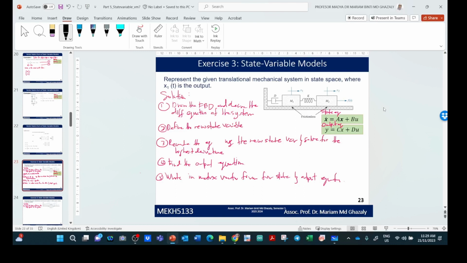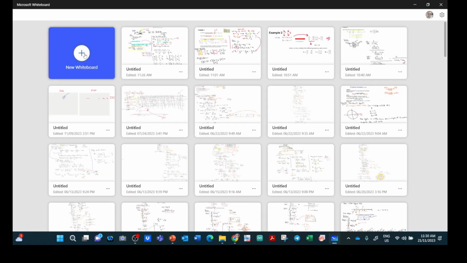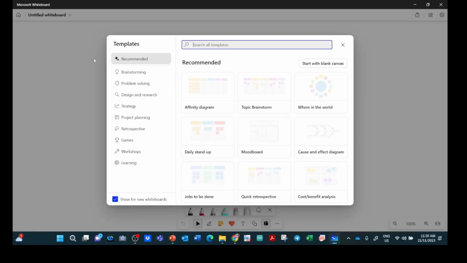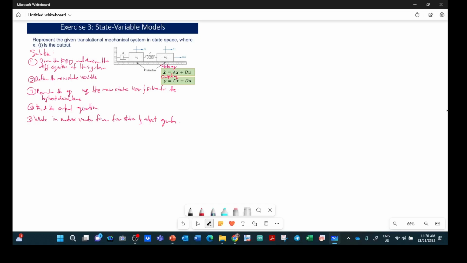Okay, next slide. Let's look at this example whereby you have a mass spring damper, which is an upgrade of this one. It becomes this one. Okay, is it the same? Almost the same. So what you need to do is start with the free body diagram first. Okay, free body diagram. Let's come up with this. Okay, so let's do the steps in the solution. So draw the free body diagram and